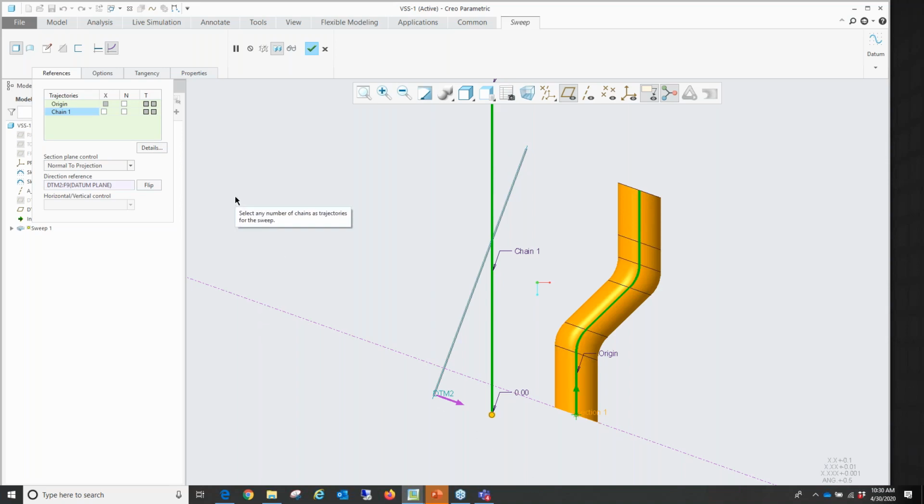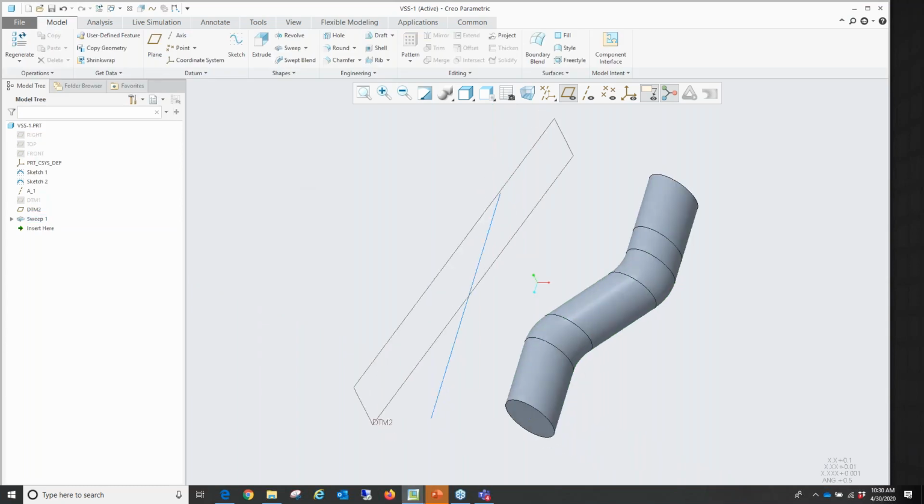Those are the ways that you can control what you stay normal to. It can be one of the curves, or it could be some other type of item. And the only difference with constant normal direction is you'd pick the item that you want the cross section to stay parallel to as you go along. And once it looks good, I could say done, and complete that. Now, I don't really want that sweep, so I'm going to delete that